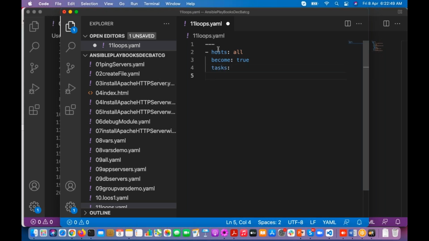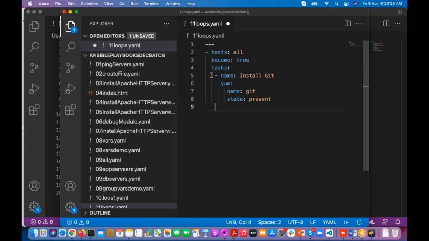So under the tasks, I'm going to write one task name. The task name is install git. If you want to install git, we are going to use the yum command. So the package name git, state present, right? So like that, I'm going to write one more